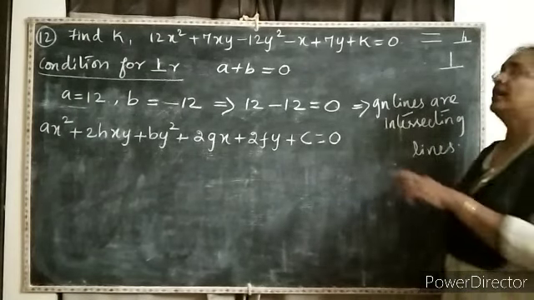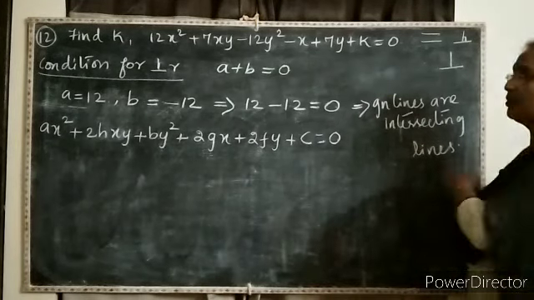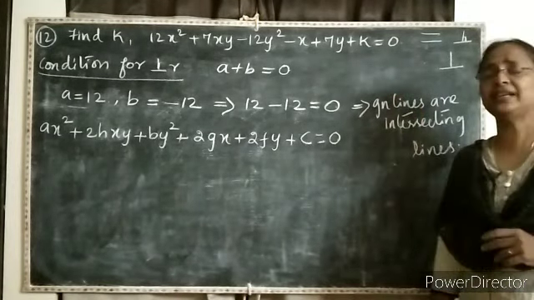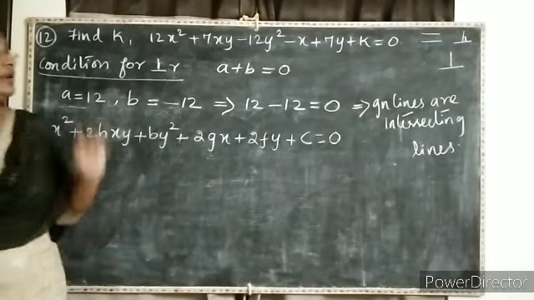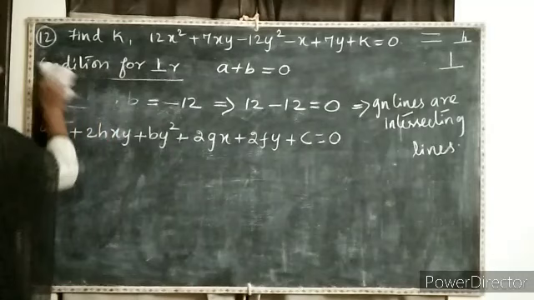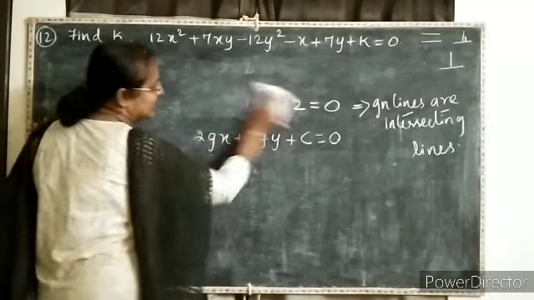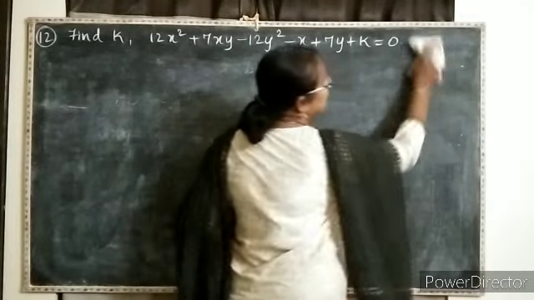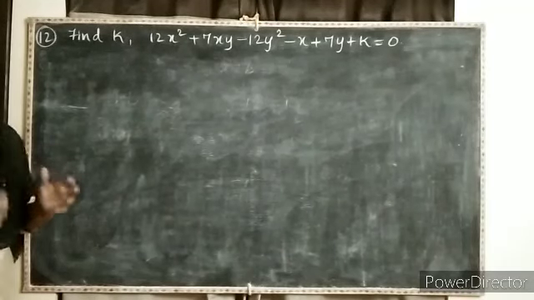We have found whether the given lines are perpendicular or parallel. It's over. Now I am going to find the value of K from the given equation. We already know that the given equation is a pair of straight lines, isn't it? So a pair of straight lines will satisfy a condition. Tell me, what is the condition for the given lines to be a pair of straight